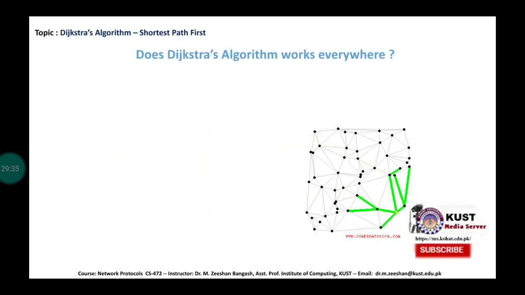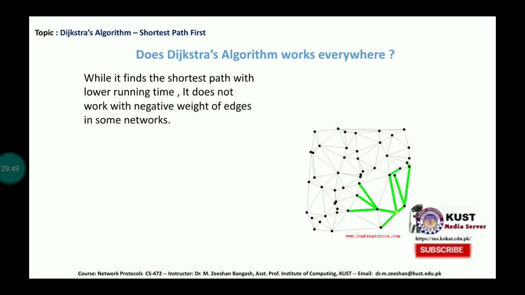Now, there's a question whether this Dijkstra algorithm has any limitation. Yes, this algorithm has a limitation: it doesn't work for negative weight values of the edges. Negative edge weights are possible in some networks in case of faulty nodes or congested links. So the negative value of edges is possible, and this algorithm cannot identify and will not work for negative values, and for that we have to use another algorithm